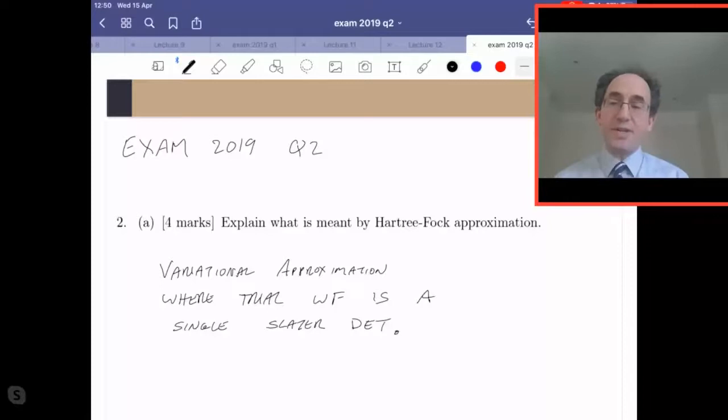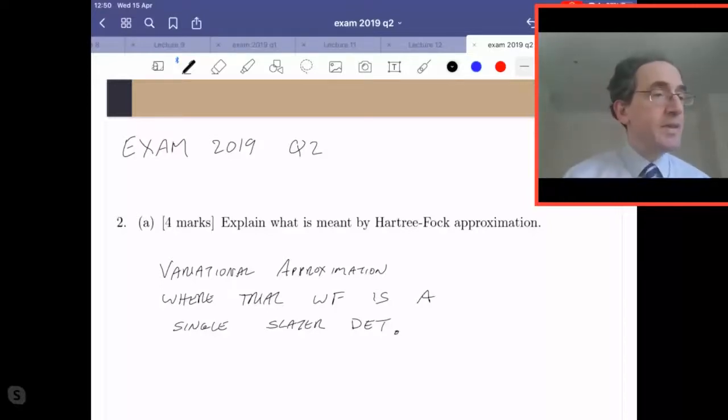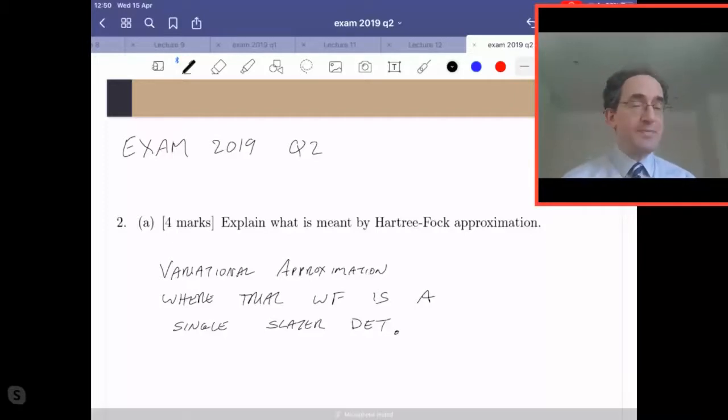That's probably sufficient. Or another way of saying that is that the Hartree-Fock approximation, the solution of the Hartree-Fock equations, is the lowest energy single Slater determinant that one can find, considering all possible orbitals you can put into